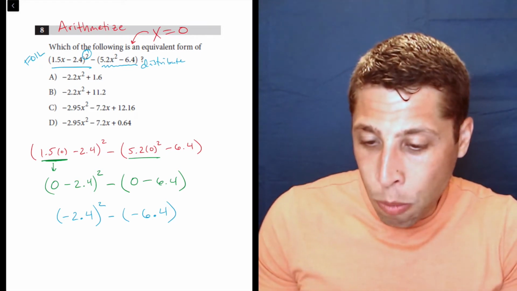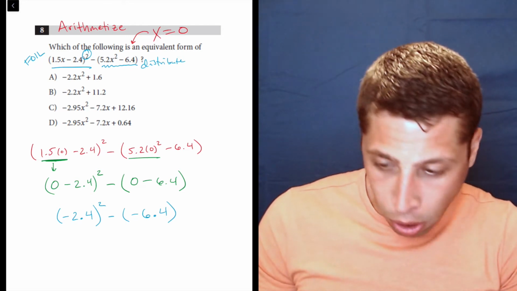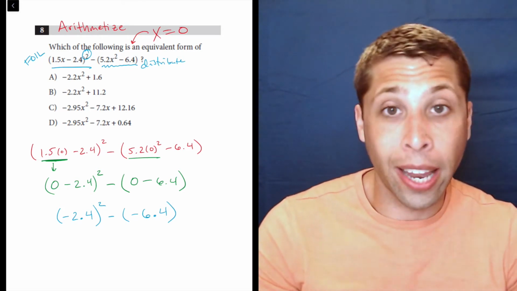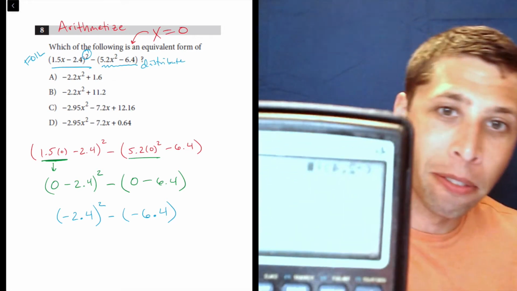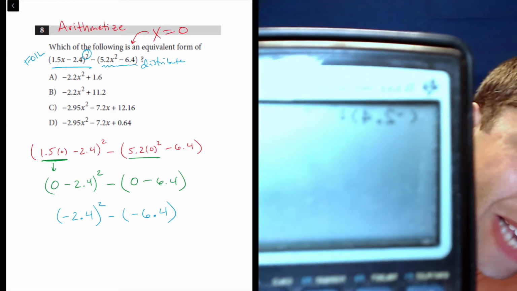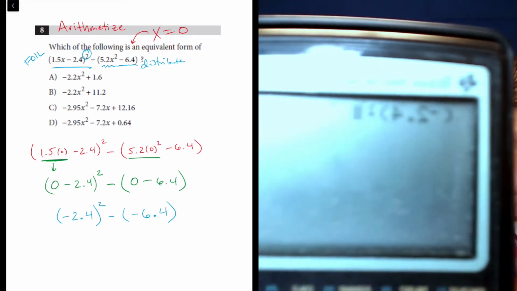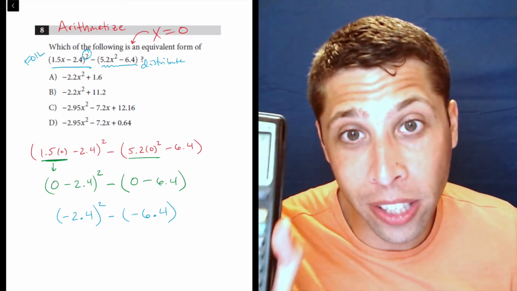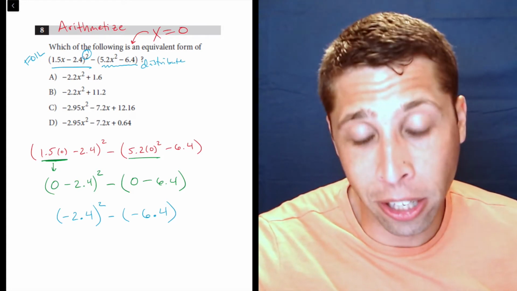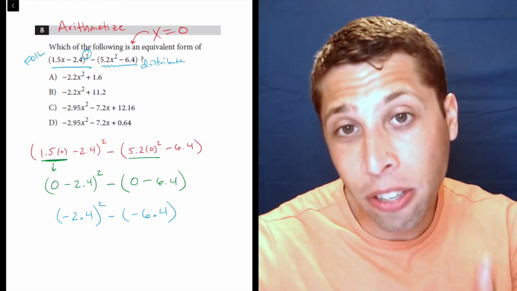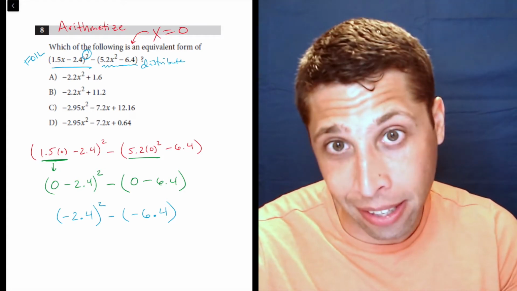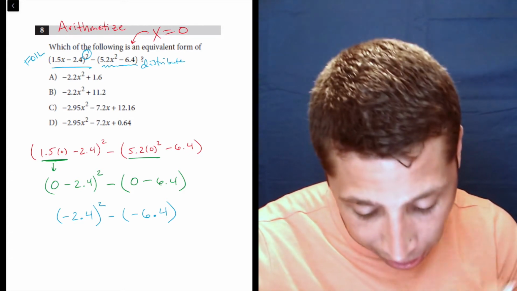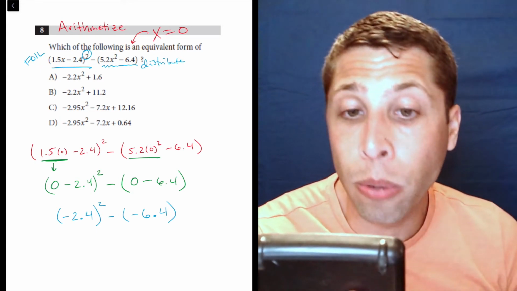So you might be able to deal with that negative on your own, but I'm going to put it in negative 2.4 squared, and see if I can show this. It might reverse itself on your camera, but you can see that I've put that negative in parentheses there, and that's important, right? So when you are using the calculator, you have to make sure you're entering things correctly. Negatives in particular can get messy. If I did not have those parentheses there, I would get a completely different answer. So I've got to use the parentheses. And when I do, I get